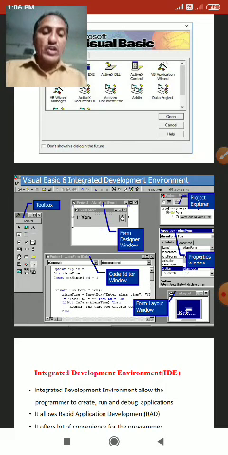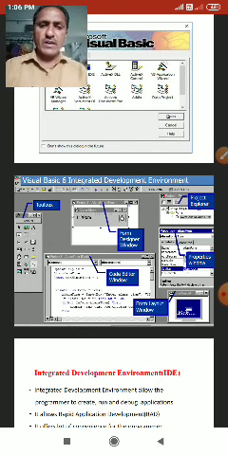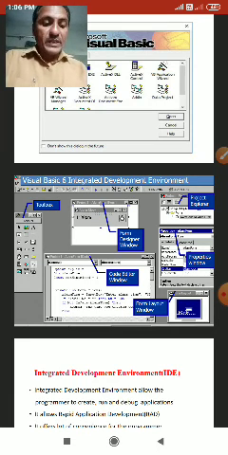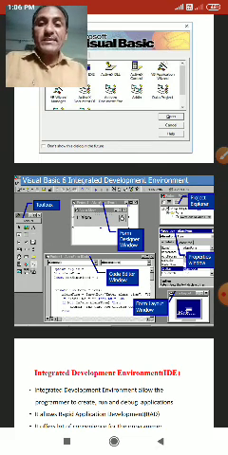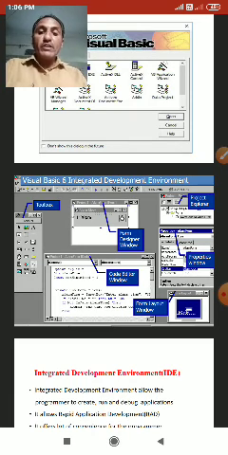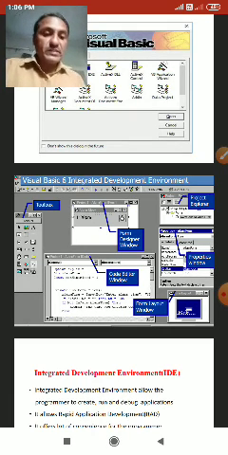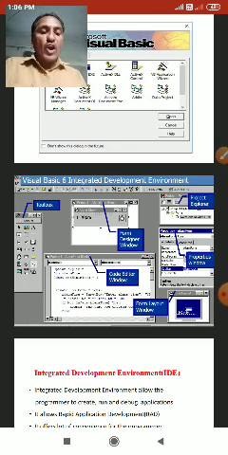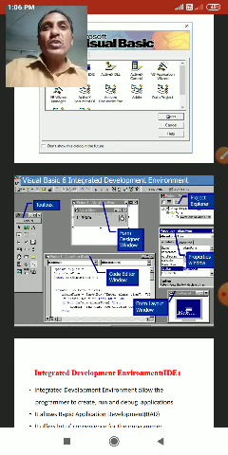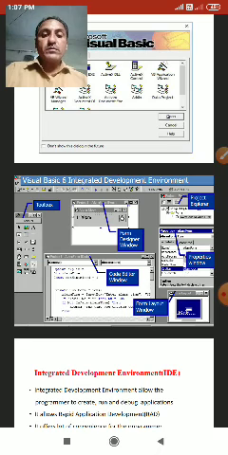Next, click on the Standard EXE icon. This icon takes you to the Visual Basic 6.0 programming development environment.